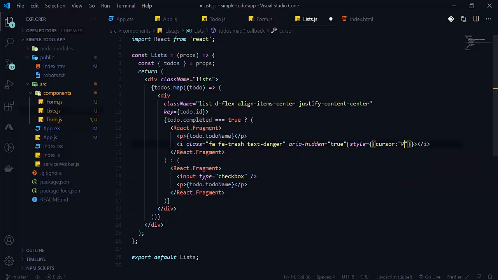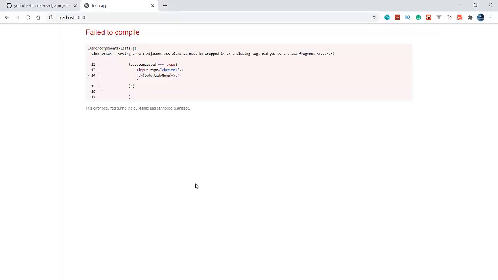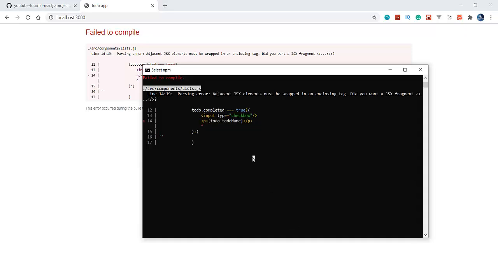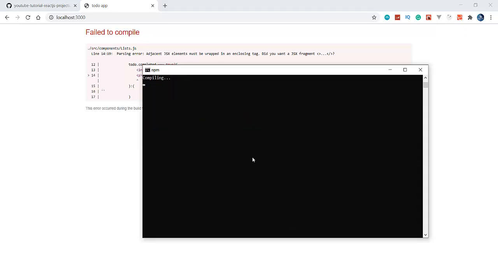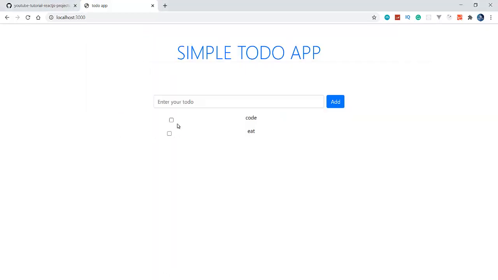As no todo is completed here, it will get reloaded. As it is compiling, I think it is not getting compiled, it is compiling now. See that now we are getting this error here. Whenever we click on the checkbox, nothing is happening here, because we haven't passed a function as a prop here, and we are not calling any function. And the trash is also not showing, because nothing is completed here. So here for the p tag,